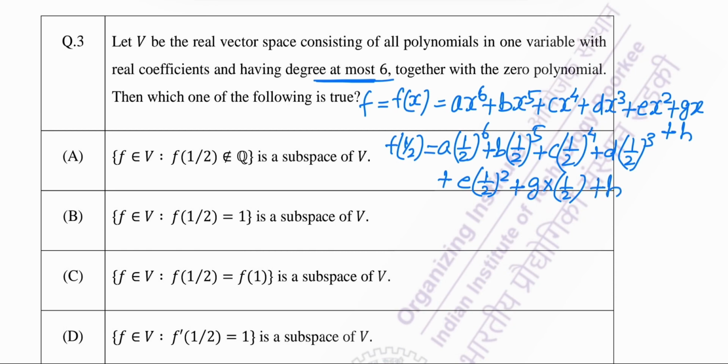Okay, and here it is given that this is not a rational number, so accordingly here I write not equal to a rational number. Since it is not a rational number, it should not be a rational number,